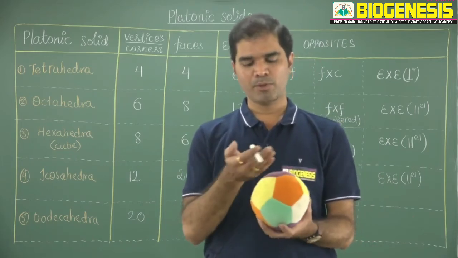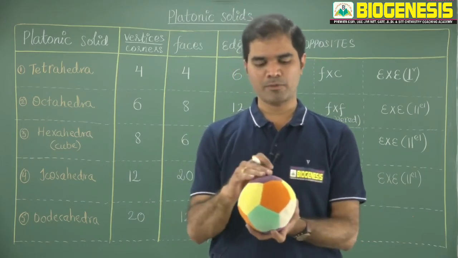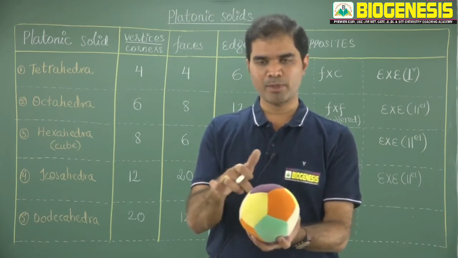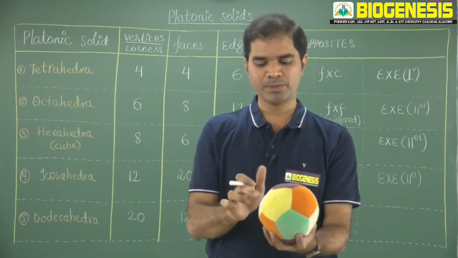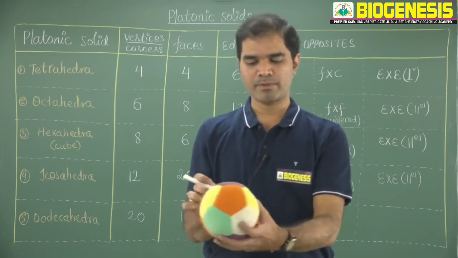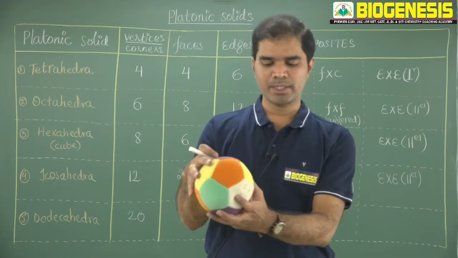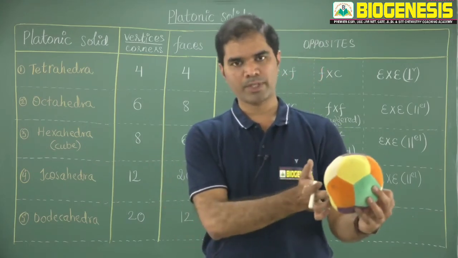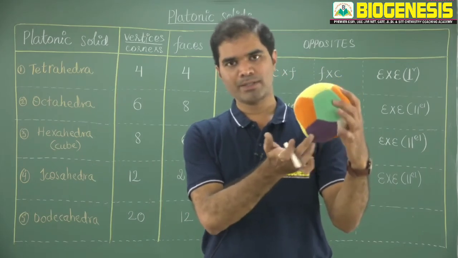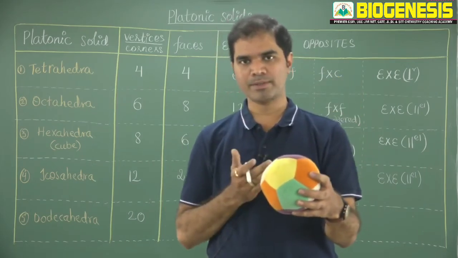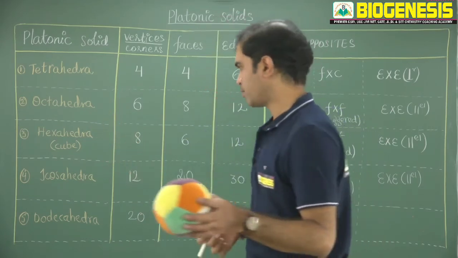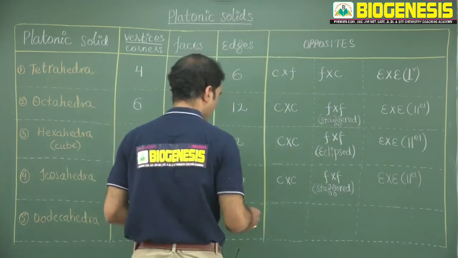Altogether there will be 4 layers of the faces. In the first layer, there is one pentagonal face, in the second layer there will be 5. You can check 1, 2, 3, 4 and 5. The second layer will be 5. The third layer will also be 5. 1, 2, 3, 4 and 5. And below will be 1. So 1, 4, 4, 1. Just like icosahedra, but there they were vertices. In this case these are faces. So that is the only difference.